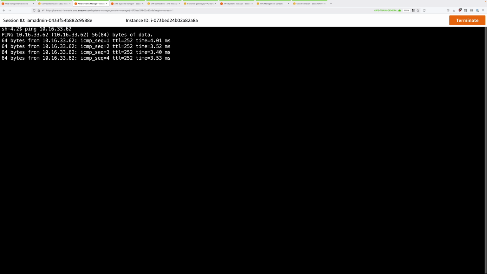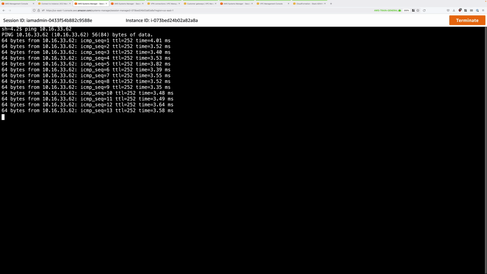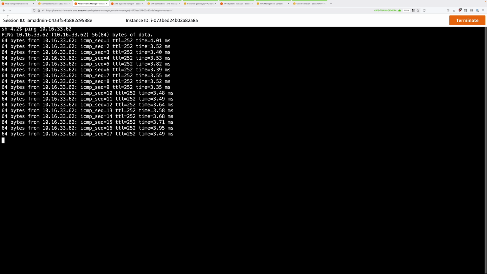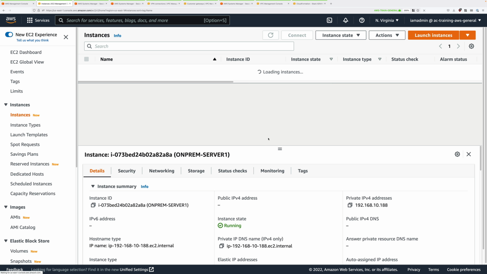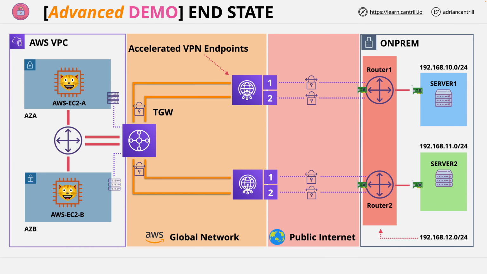So because we've got a dynamic VPN in place, this traffic is free to go via any of the available tunnels. The things that you've done in every stage of this demo lesson could equally be applied to simulation and real-world implementations. So you have now implemented an extreme availability implementation of site-to-site VPN using Global Accelerator.